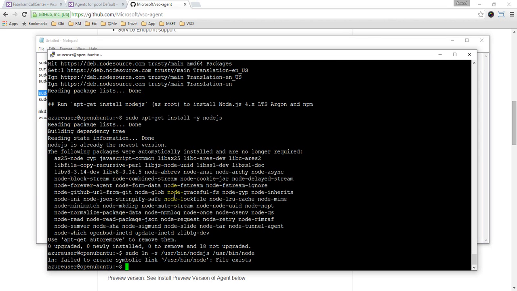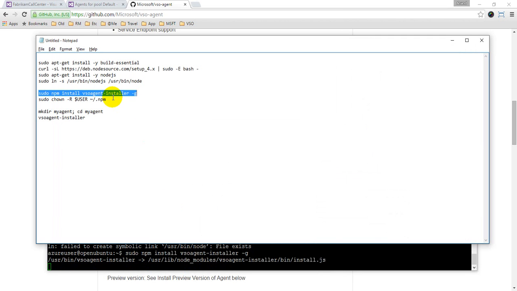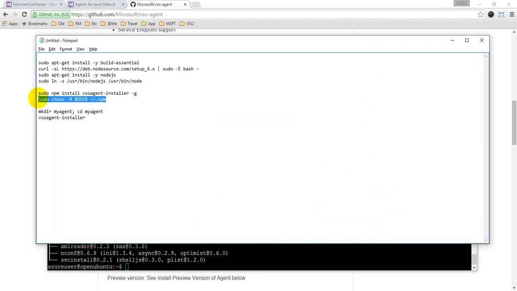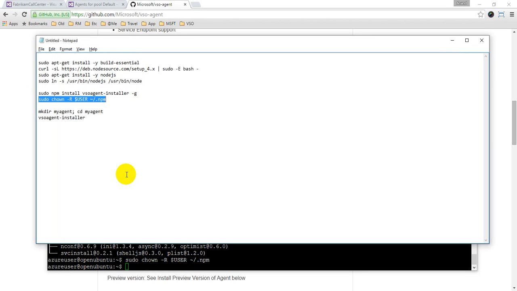Remember this -g option. This is very essential because if you don't give it, it will only install for the local user in the local folder, which we don't want. We want it to be installed for all and at a global location. So once I do this, the VSO-Agent installer will be installed, and after that happens, I can run a couple of steps. This is to just get the ownership of the npm packages,